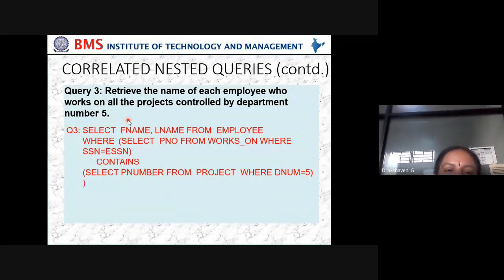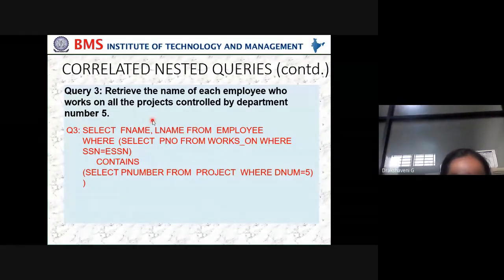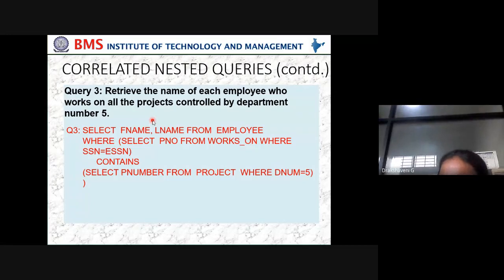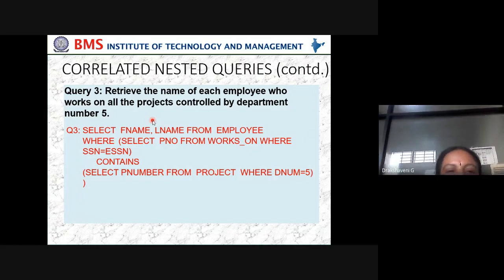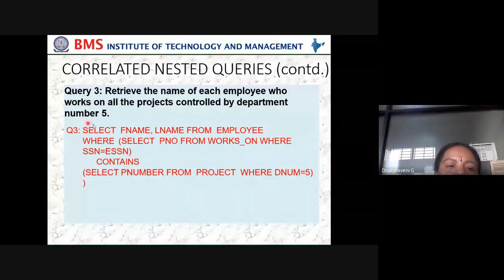Next, retrieve the name of each employee who works on all the projects controlled by department number 5. Now I want to know all the projects where the MCA students are working. Which department is it? It is MCA. And what details do I want? All the students whose project department number is 5.